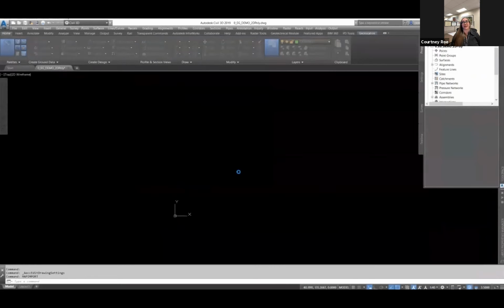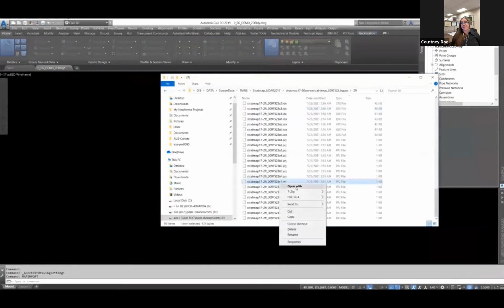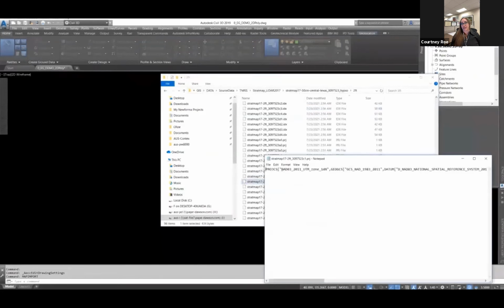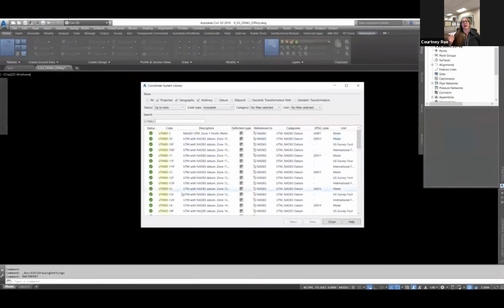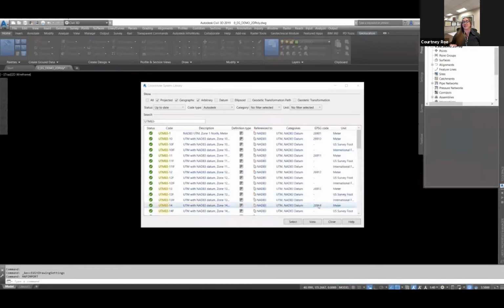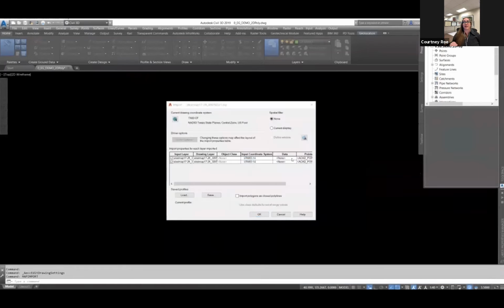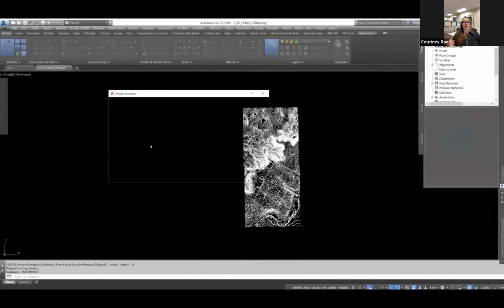Then I start to bring in each area of contours that I need. Make sure you create object data, but also I would need to know the input coordinate system. So I right-clicked on my projection file to open it in Notepad. Oh, but what unit is it? Is it US survey feet or is it in meters? Well, it is in fact in units of meters. So I make sure that that UTM 83-14, I copy it to make it easy for me to copy and paste as I continue. I always do import